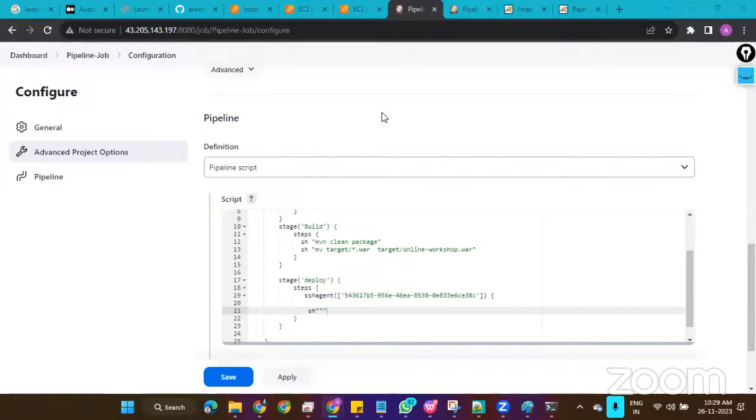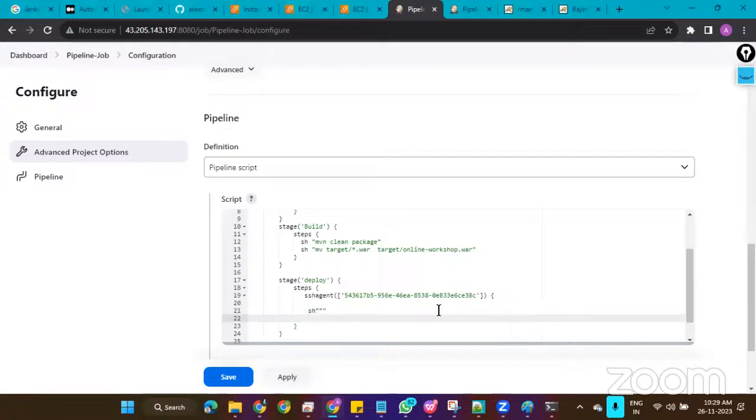Do we need to add Tomcat as a node in Jenkins? No, no need to add Tomcat as a node in Jenkins. I'm just directly doing it right now. You can see I didn't do any installations. I'm going to manage Jenkins. I'm trying to do it directly with SSH and SCP. I'll write a command right now, and